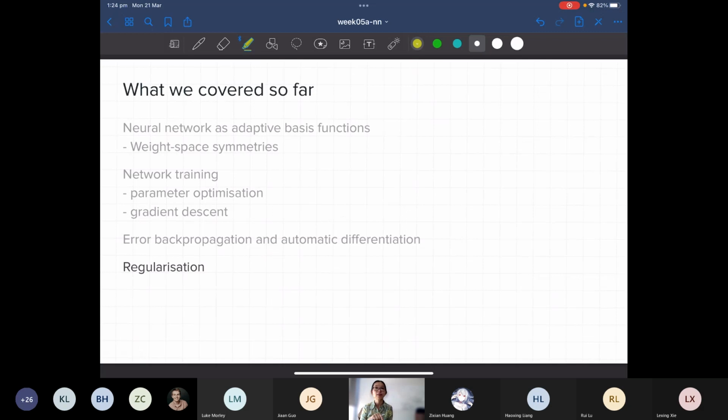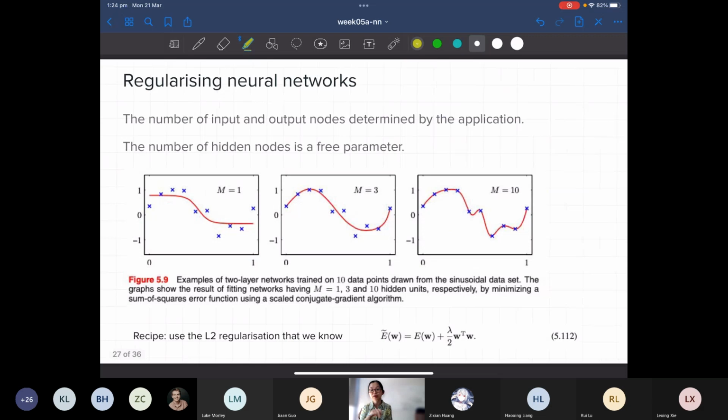All right, there's 5 minutes left. We can briefly talk about regularization. The number of input and output nodes are determined by your training goal and the application. The number of hidden nodes is a free parameter that someone already asked about, how do we choose? So yes, we can either do cross validation or we can regularize. For example, using L2 regularization seemed to help in numerous examples that we